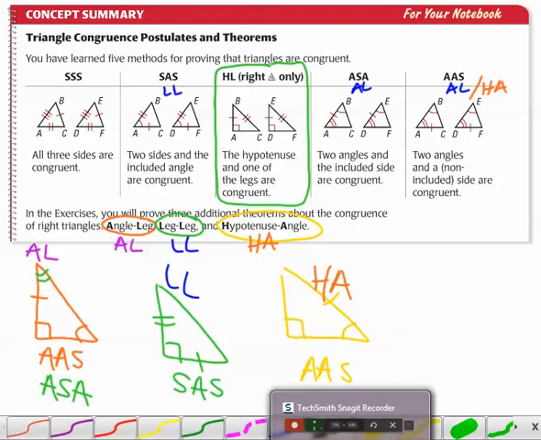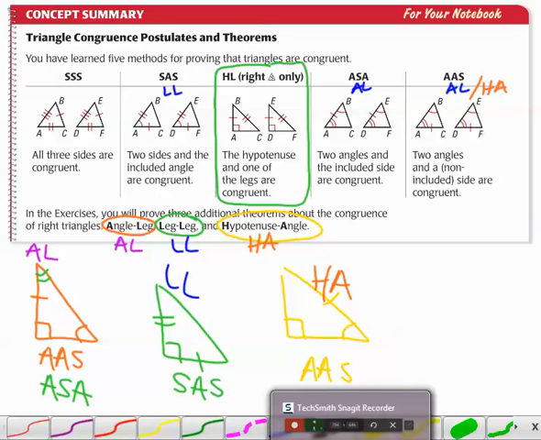So I wanted to emphasize that this morning before we started, and to just show you how that works. With a pair of right triangles, you already have one pair of congruent angles, and that would be the right angle in the two triangles. So you really only need two more pairs of congruent parts to be able to prove congruency between the triangles. And the hypotenuse leg theorem is the most common, and that's simply saying that if you know you have a pair of congruent hypotenuses and a pair of congruent legs between two right triangles,